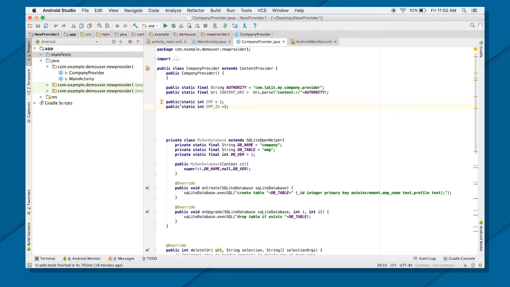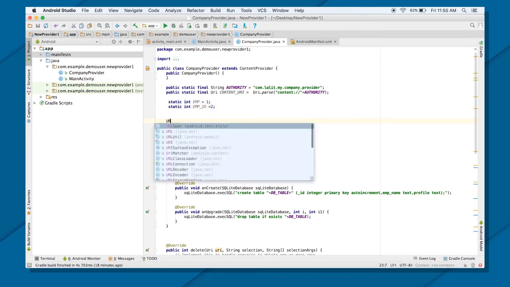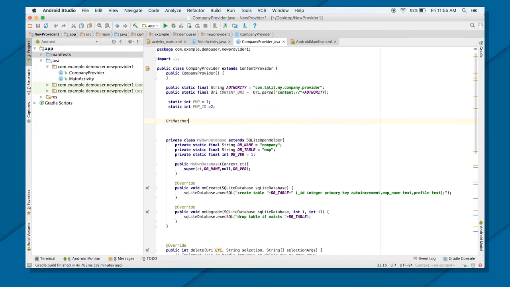Why exactly am I creating these two integer values? Because next I'm going to create a URI matcher. URI matcher is a class which will be used to match the content URI every time you access your table inside the content provider, because this content URI will give you the access of content provider, and inside your content provider how many tables are there or what is the row you are accessing. So those things will be taken care of by your URI matcher class.